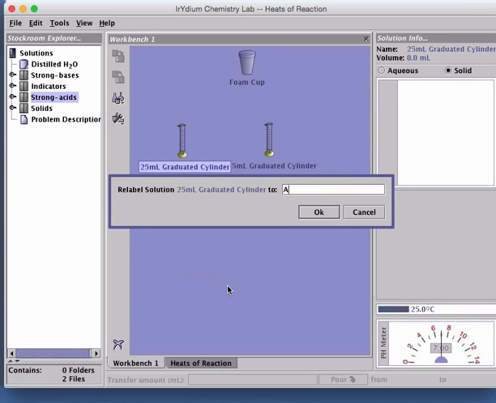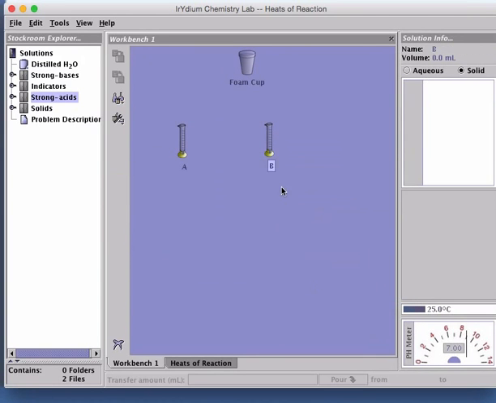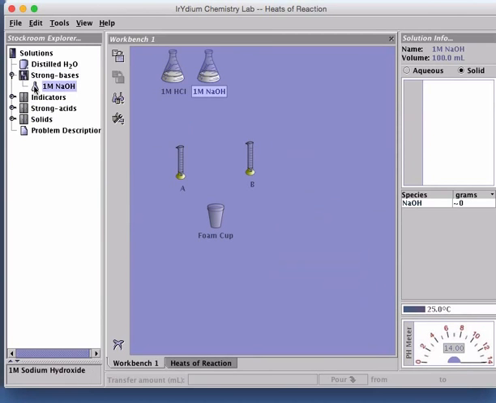Label the cylinders as A and B. From the chemical stockroom, click on Strong Acids cabinet. Double click on 1 m hydrochloric acid. Close the cabinet. From the Strong Bases cabinet, double click on 1 m sodium hydroxide.